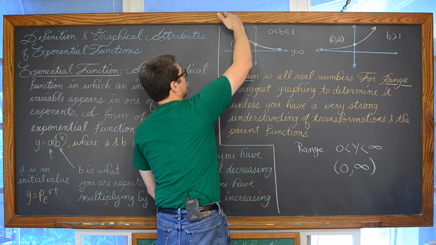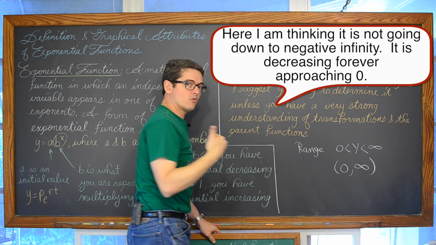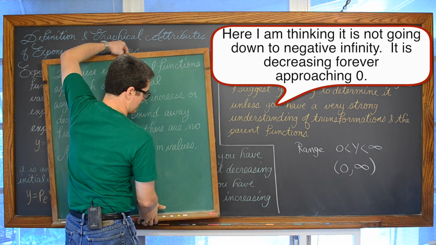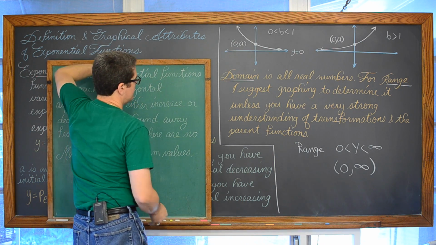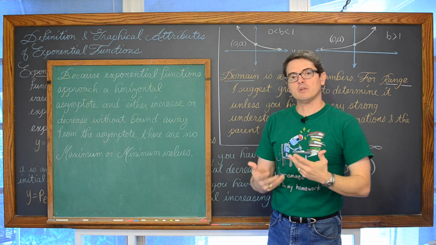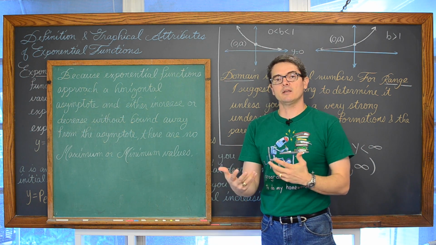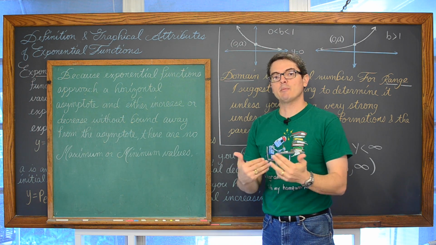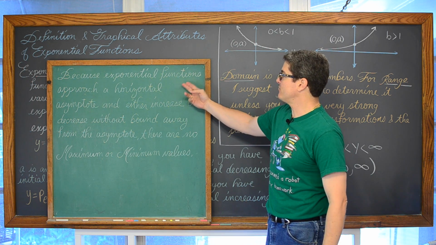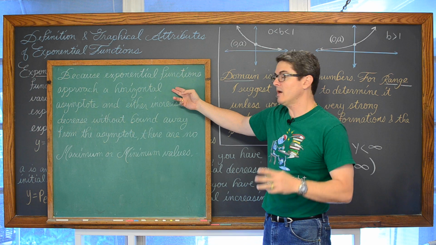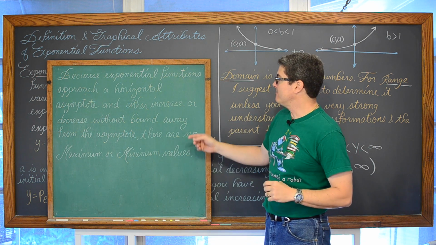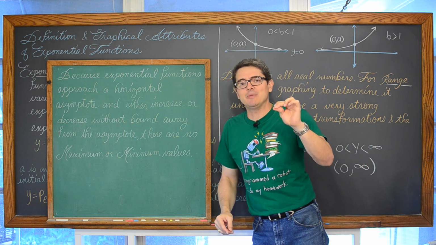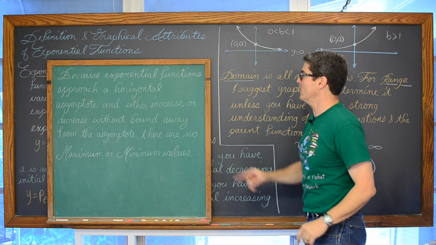You see how that graph goes up forever and it's coming down, and it's not going down forever, but it is forever approaching zero, at least with the way these parent functions are drawn. That means, in a previous algebra lesson, we talked about identifying graphically any absolute or relative maximums and minimums. Well, because the exponential functions approach a horizontal asymptote, and just keep getting infinitely closer, but never really becoming that y value of 0.